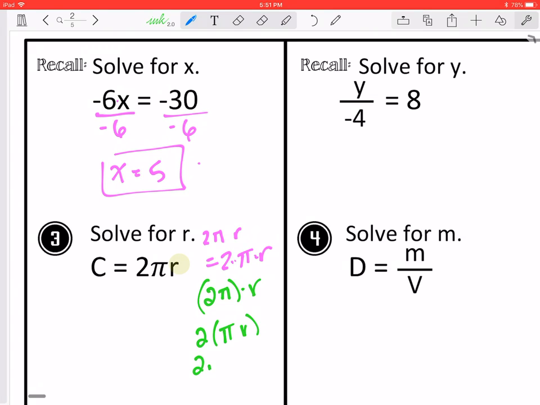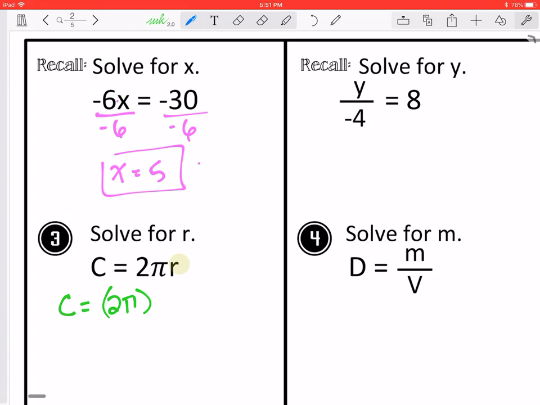I can also say 2r times pi if I wanted to, for some reason, isolate by pi, which normally you're not going to do that. I mean, just realistically, you're going to be solving for the variable, okay? So I'm going to go ahead and rewrite my literal equation here. Okay, I'm going to rewrite this as c is equal to 2 pi, and I'm going to group those two,